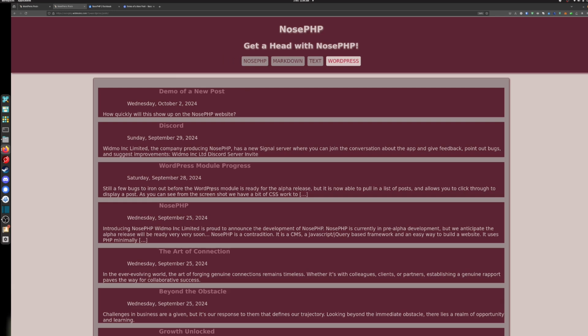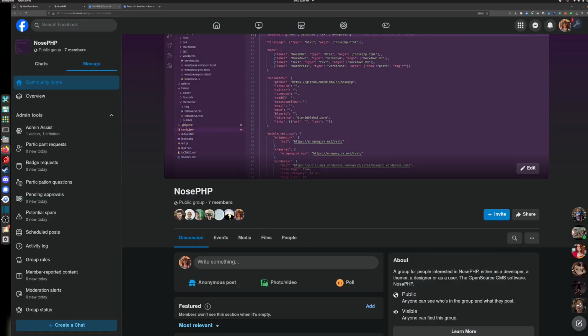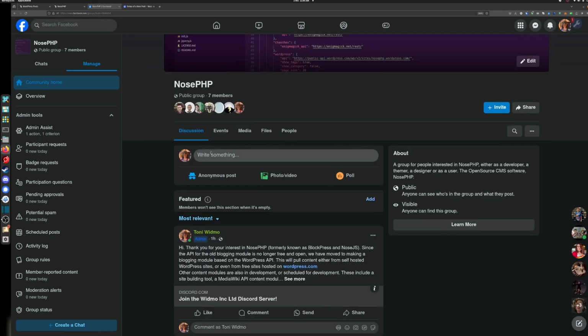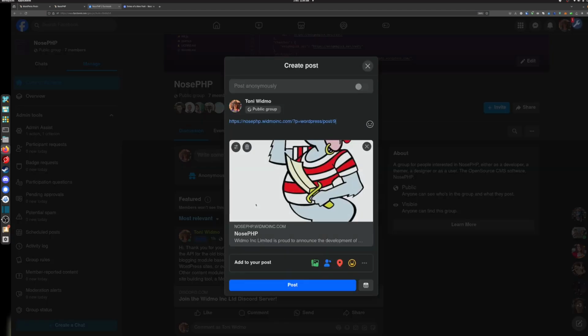So what I'm going to demonstrate now is sharing one of these links on Facebook. To do that, I'm going to go into my special NosePHP testing group, and I'm just going to paste this here, and you can see it just pulls up the content of the post. So if it was purely JavaScript and you didn't have the PHP enabled, that feature would not show up. It would just show the favicon and the default loading page before all the content loads, because it wouldn't know